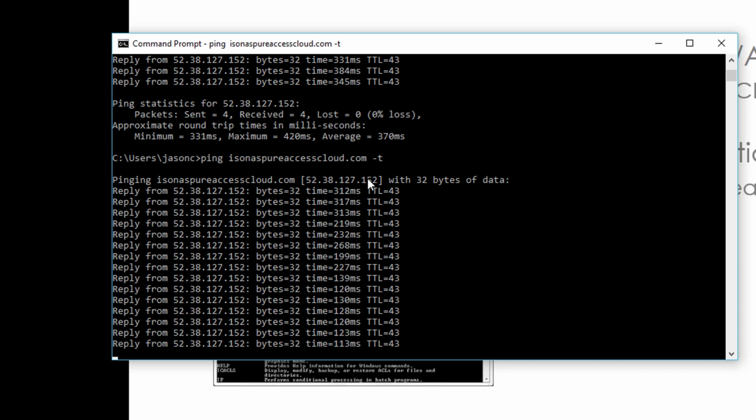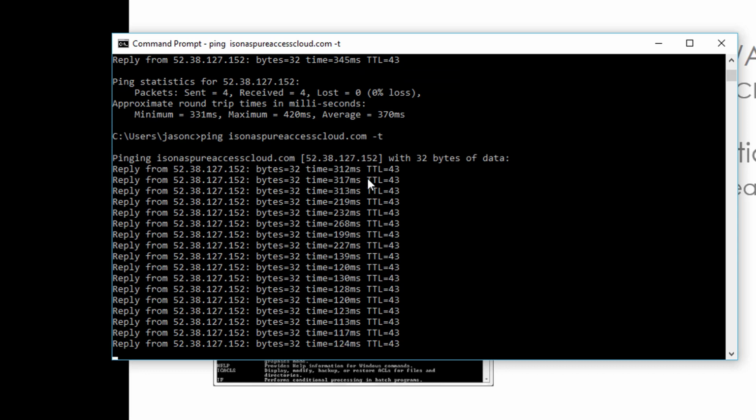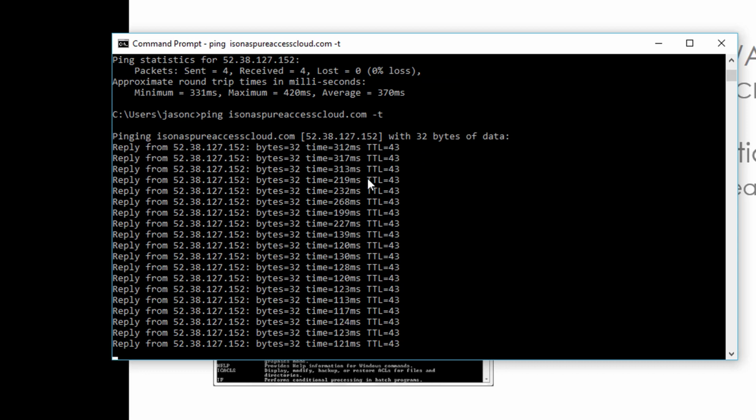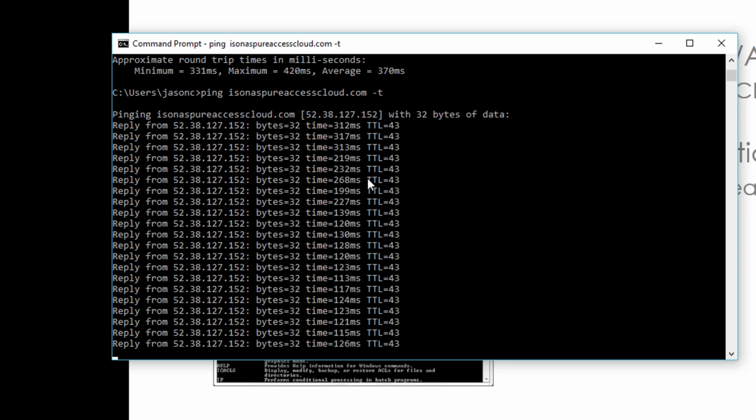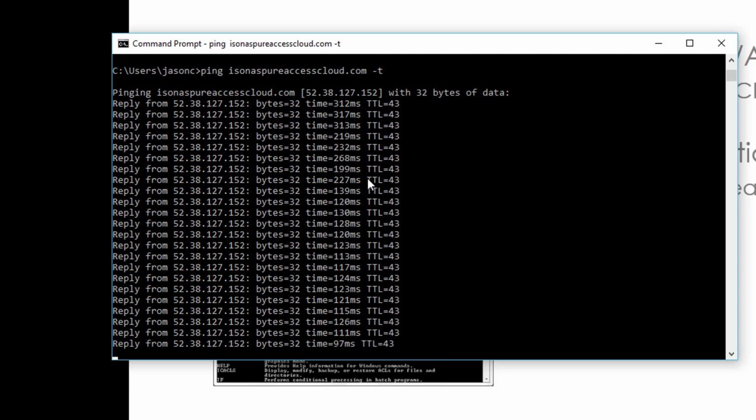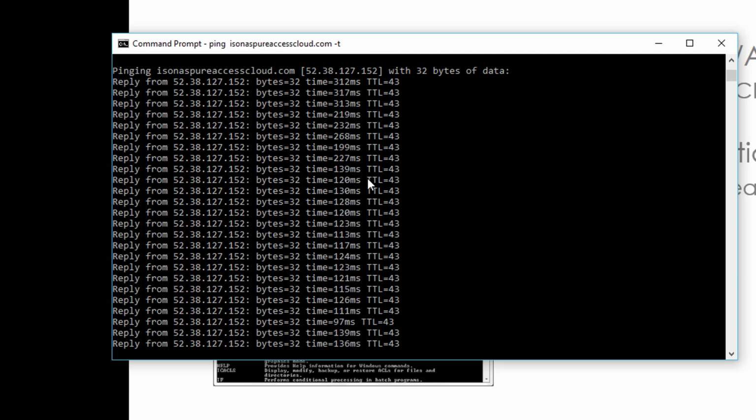If you ping it continuously, watch your time where it says 312, 317, 313, etc. If all of a sudden you get weird jumps where it's like 120, 123, 130, and then it jumps up to 800, 900, something like that, and it stays there for a few seconds and then drops back down, you're having connectivity issues either through your ISP or on the local network, in which case you'll need to show that